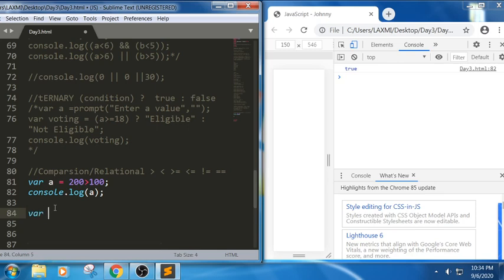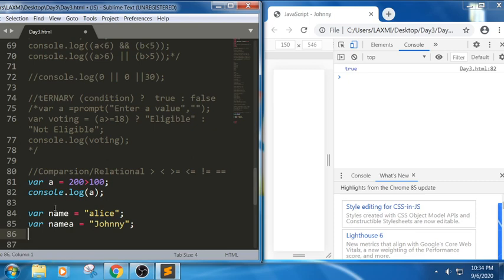I have a variable name equal to Alice. Again I have another variable, name2, equal to, for example, Johnny. I have taken two variables with two names.